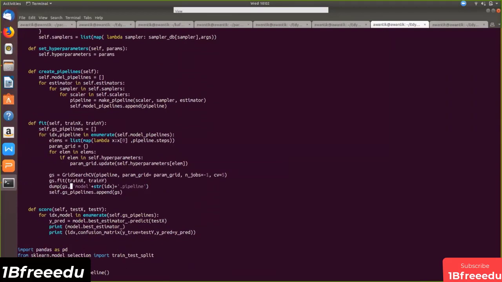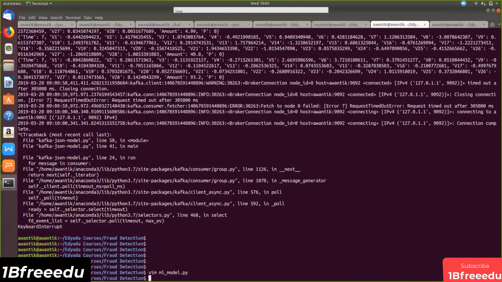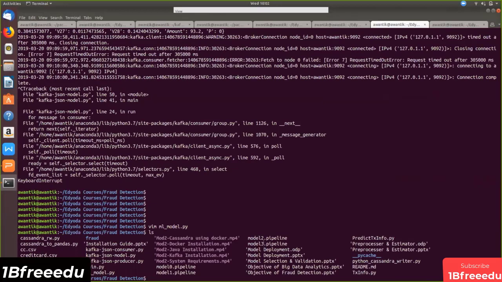We are saving the trained pipeline model, and we are putting an IDX like 0, 1, 2, 3, 4. Now we know we have to take the 4th one, so we will see in the directory we have this model3.pipeline. This is what is happening. For each model, you can print the model number, and when you save it, you know which one you want to use for prediction. So save all of them so that you can validate with all of them, see the results, and take it further. So this is how to save the model and how to choose the model. Let's try to deploy this on Kafka.